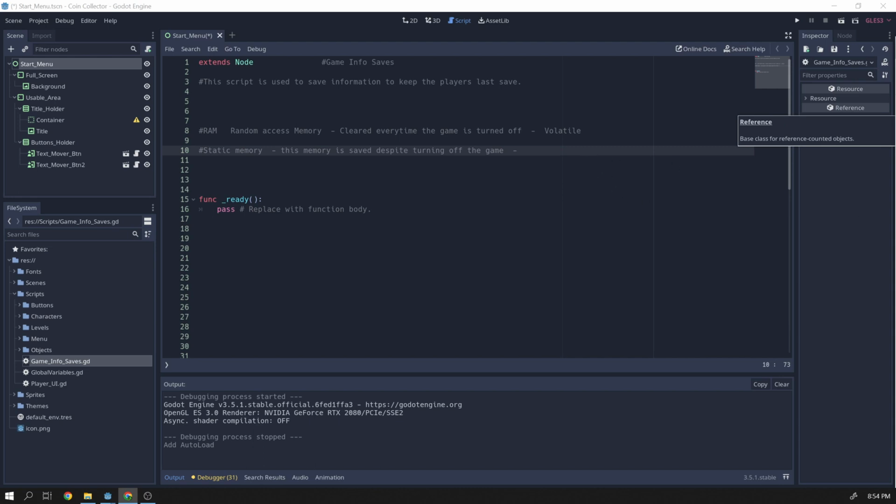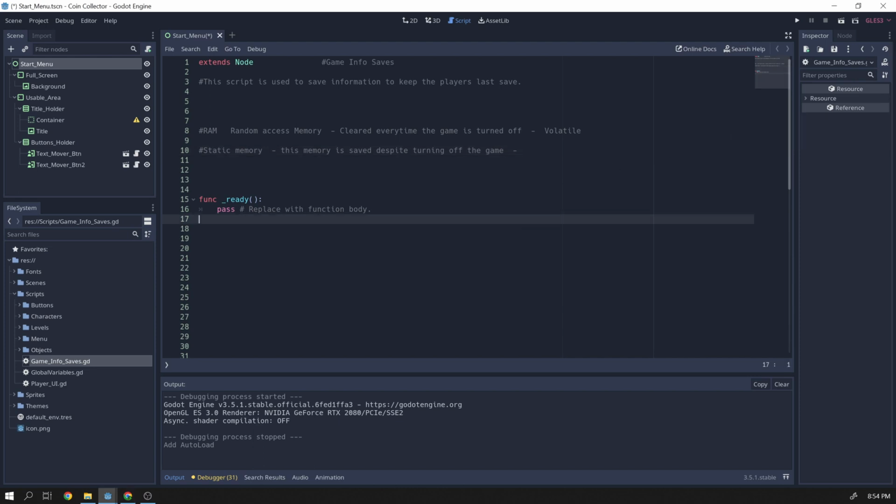Yeah, that's right. So you have volatile memory, and then you also have non-volatile memory. An example of non-volatile memory would be text documents, hard drives, SSDs, things like that. Volatile memory is RAM and cache,